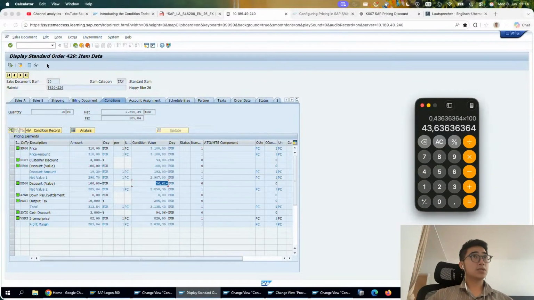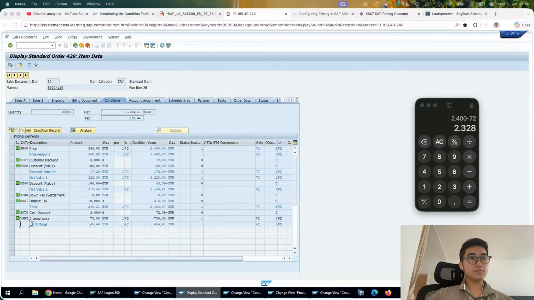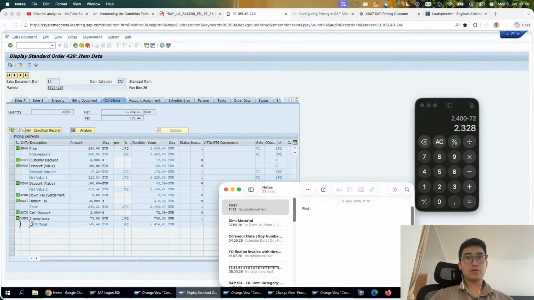All right. Then maybe for the first position, I would have 2,400. So, note it down. For the first material, after discount, I would have 2,428. Second material, after discount, I would have then